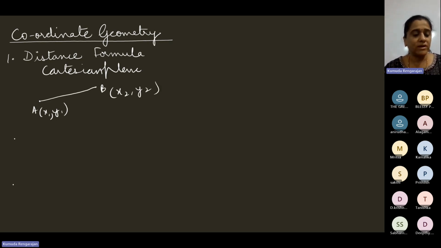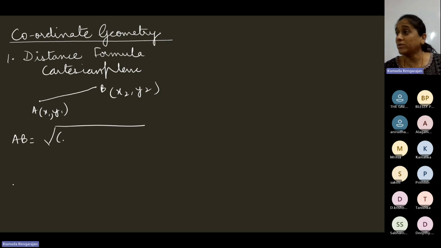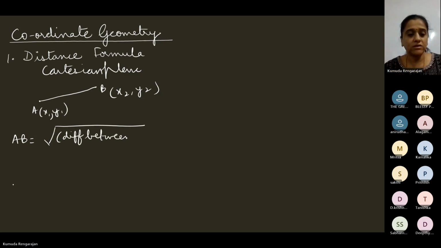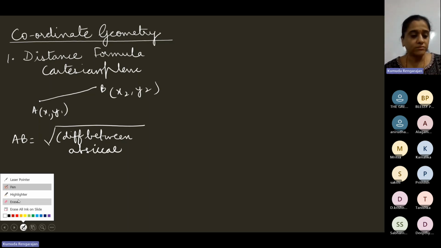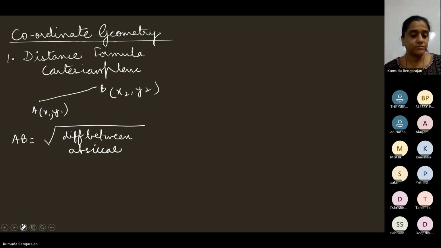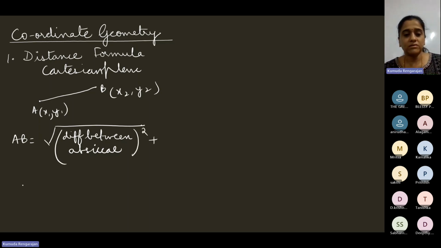So the distance formula, or AB is equal to square root of, I'm going to write the formula in words. Difference between abscissa, the whole squared, plus difference between ordinates,